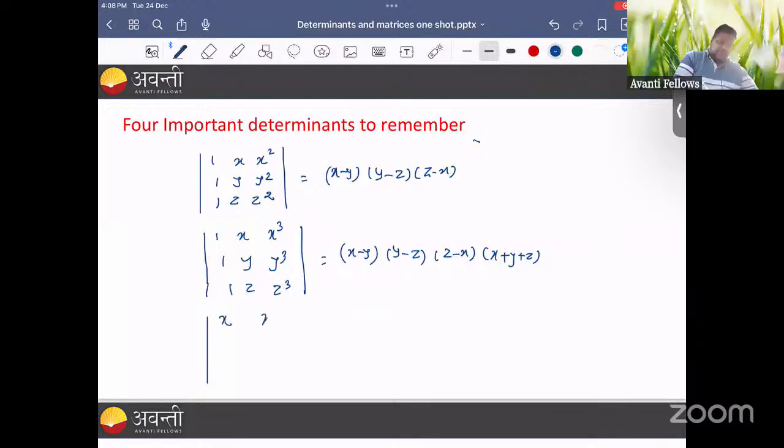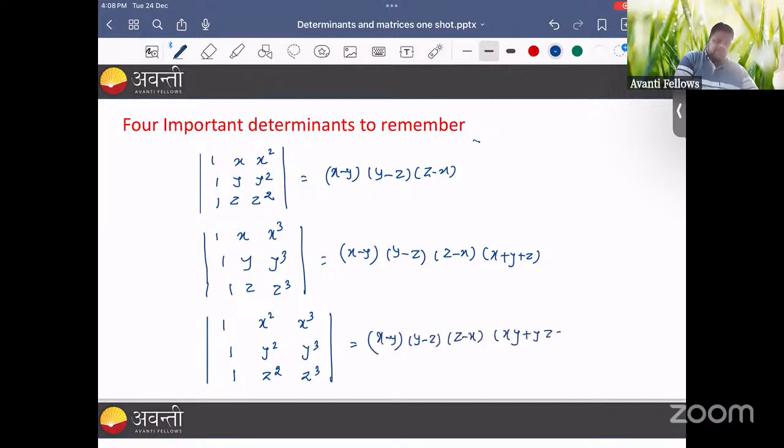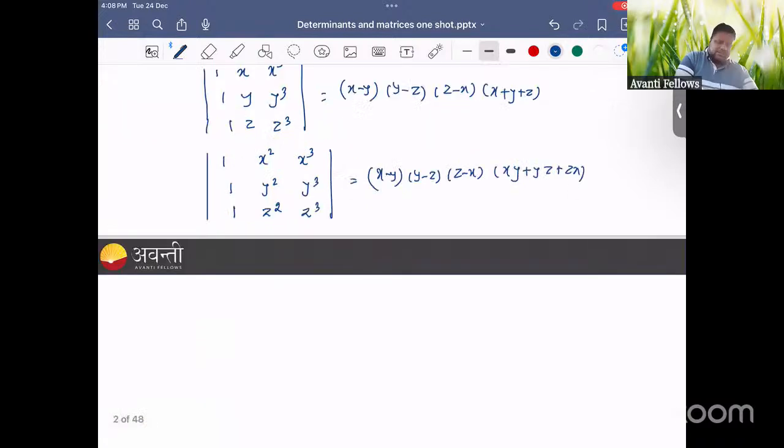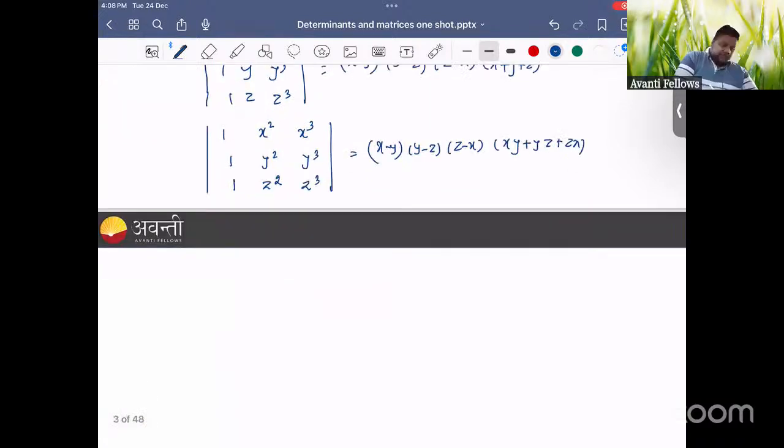Sorry. Third one is 1, x square, x cube; 1, y square, y cube; 1, z square, z cube. That is equal to (x minus y)(y minus z)(z minus x) into (xy plus yz plus zx). And the last one, which is the most important, is